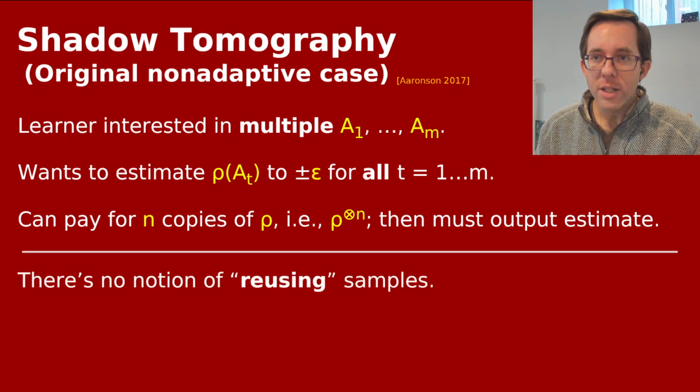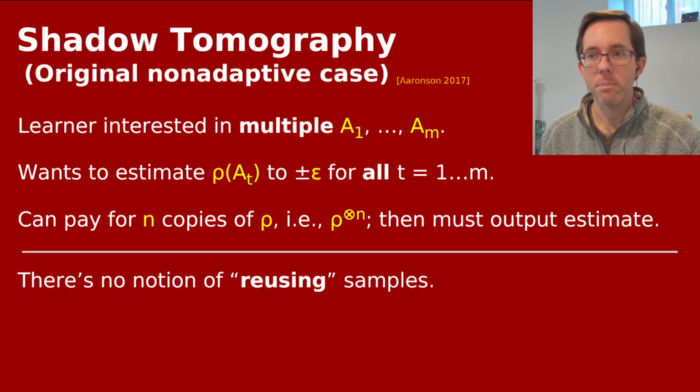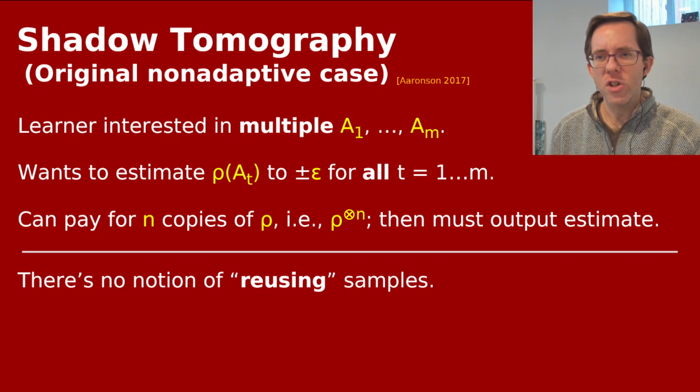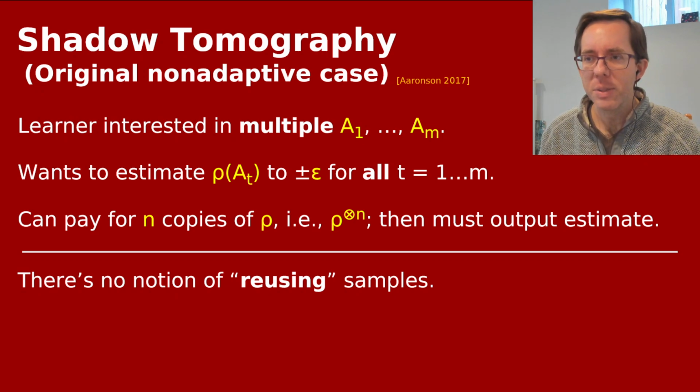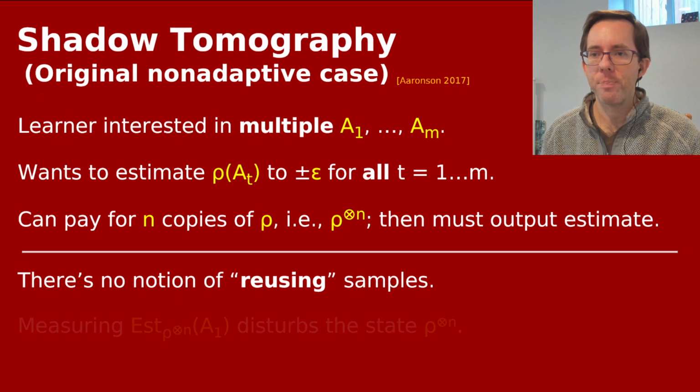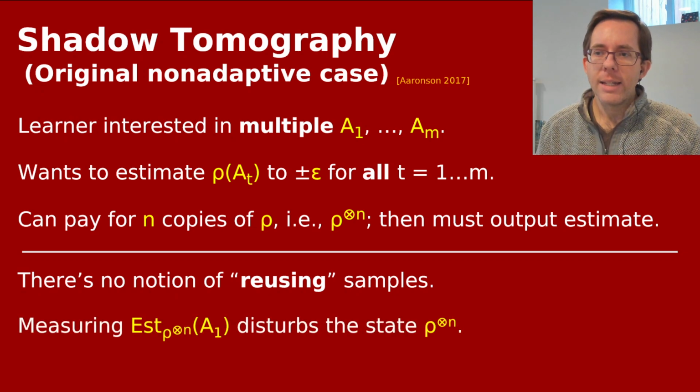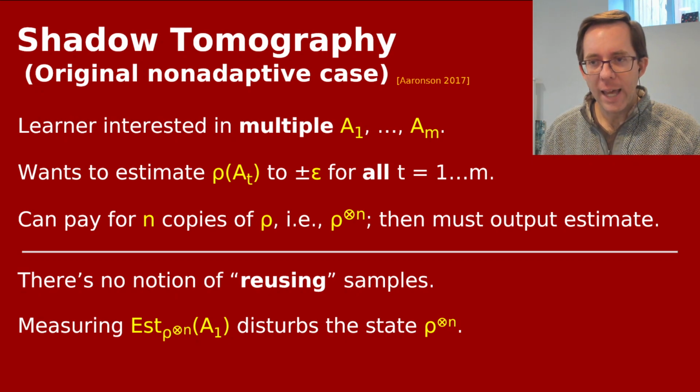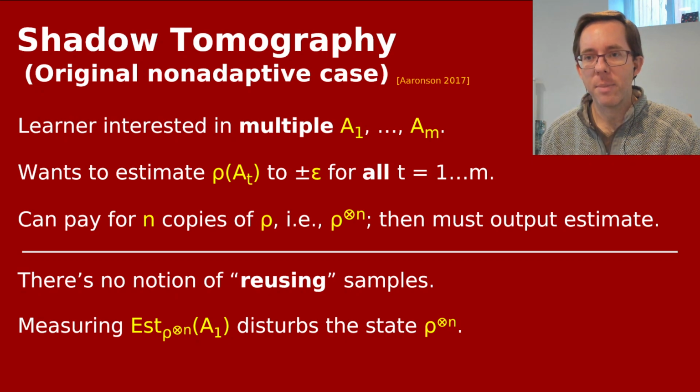Well, here there's a difficulty. In the classical case, this was easy. We just took our n samples, like in the classical polling theorem, and reused them to estimate all of A1 through AM, and we got the result we wanted with around log m over epsilon squared samples. But here in the quantum case, there's no real notion of reusing samples. There isn't even exactly a notion of samples per se. That means you can't easily simultaneously do all these empirical estimates.